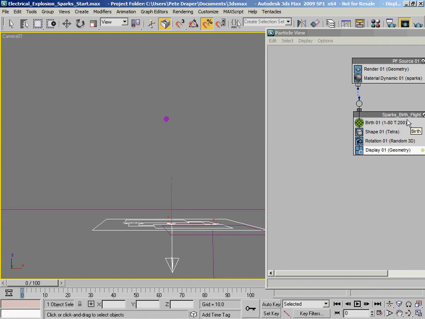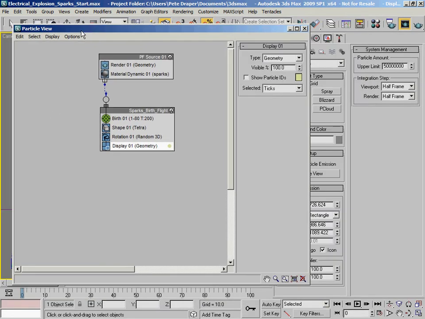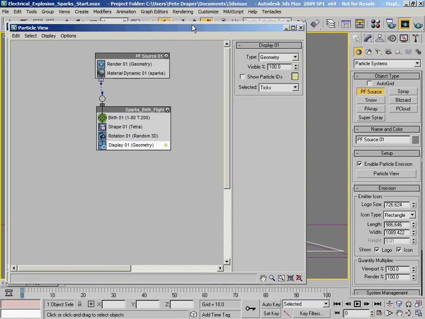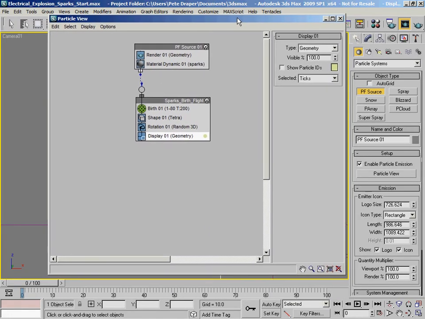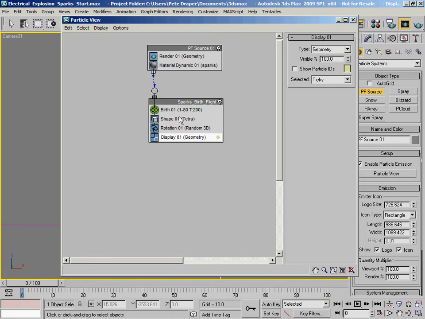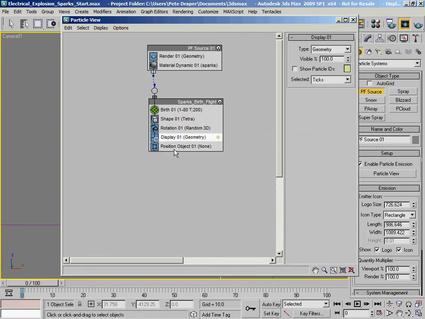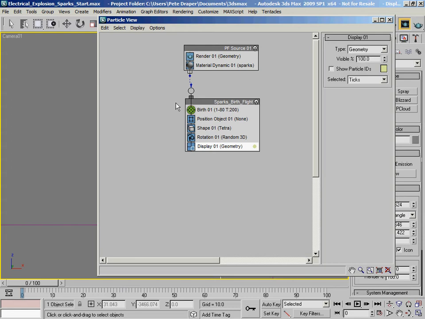Alright, so with this we've actually got 200 particles being born between frames 1 and 80. However, we cannot obviously see them in the viewport at the moment, quite simply because we don't have anything to determine where their positions are. So I'm just going to pull that back there. Okay, so what we need to do is obviously implement that. So I'm going to drop in a position object operator. I'm going to stick that between the shape and the birth operator, and what I want to do is I actually want to use the